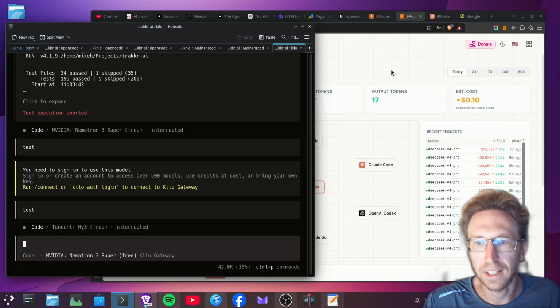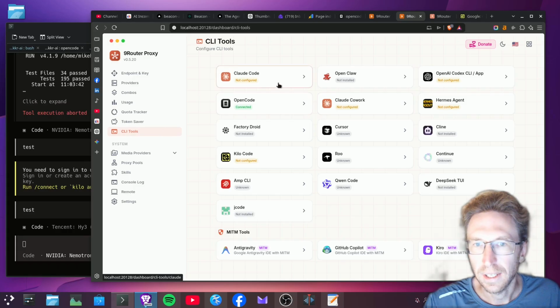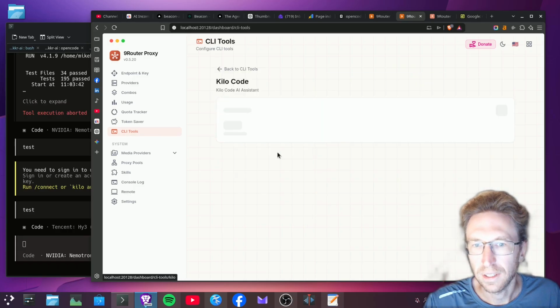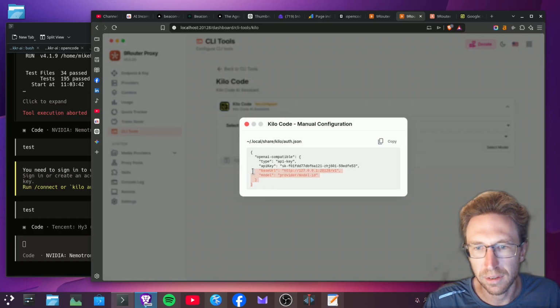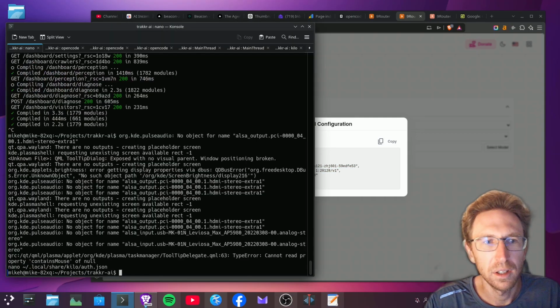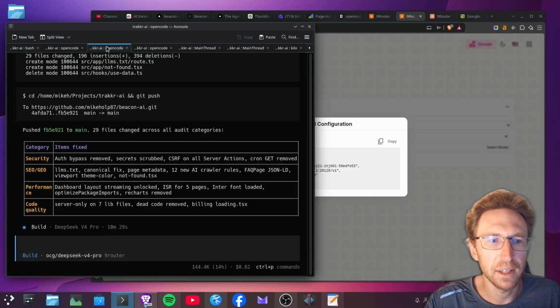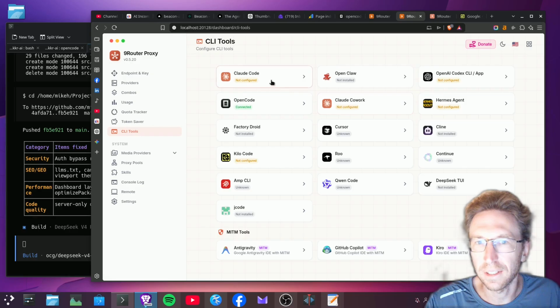So in order to connect this one up, I would need to come on down to CLI Tools, and then I would just select Kilo Code. It's currently not configured, and then I need to input my model over here. I also need to make sure this is all set up properly as well. So I would basically just need to input that in over here inside the auth file. But for now, I'm just going to skip that, and we're going to continue using OpenCode, which is already configured